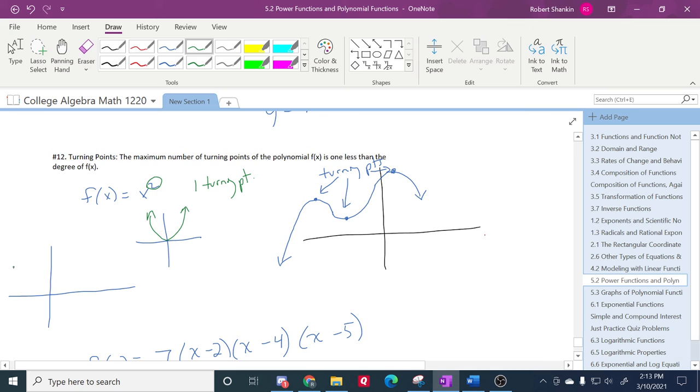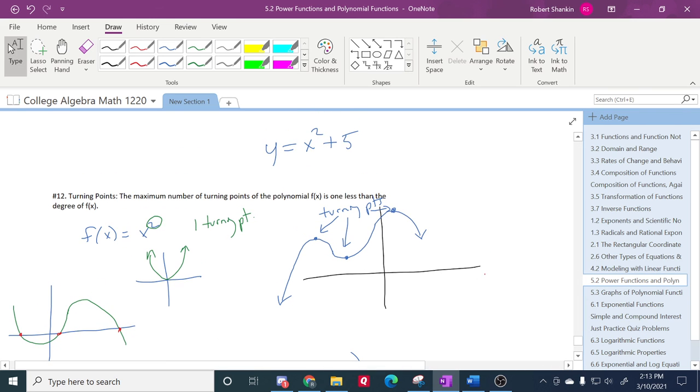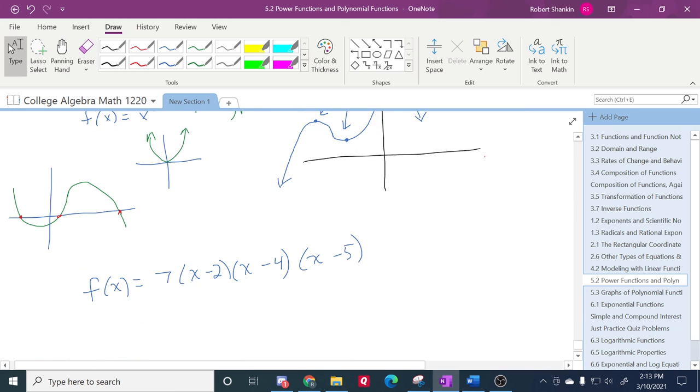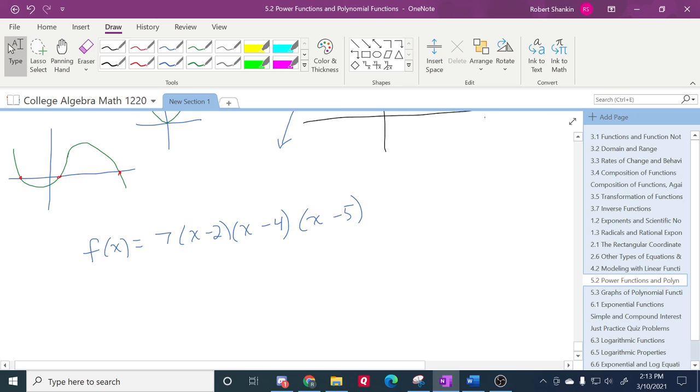Here's a parabola with 1 turning point. How many zeros does it have? 2. If it had another turning point, it could now have 3 zeros. And then it's not a parabola anymore. It would have had to have x minus whatever this number, x minus whatever this number, x minus whatever this number, as part of the function. Like these three. See, if you had a function like this, a third degree polynomial,